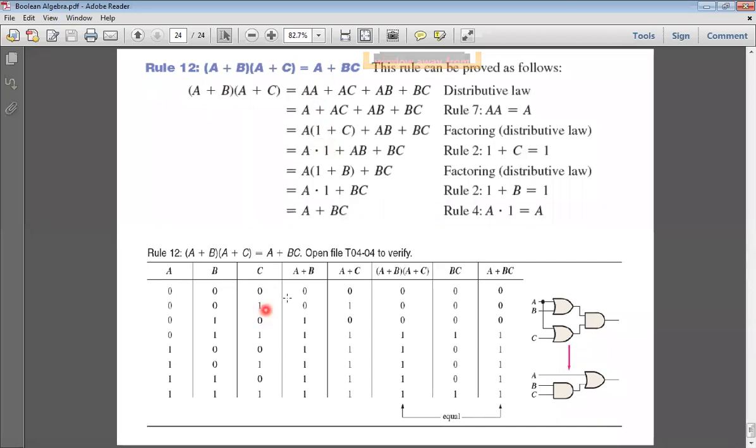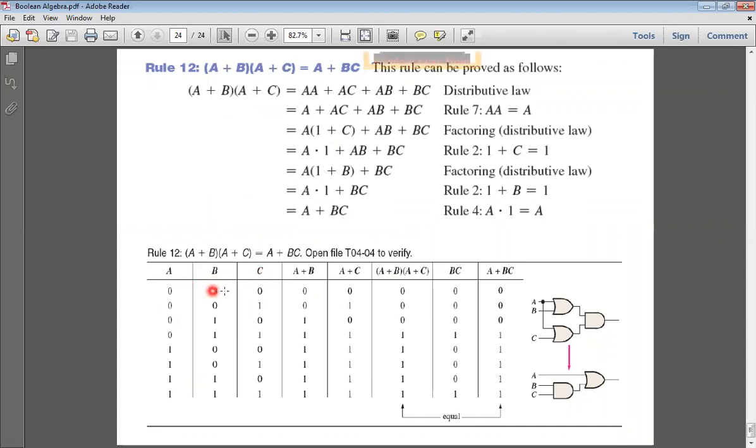Now the same thing can be proved like this. The left hand side. See what are the variables we have used? A, B, write down AB here. And also see, if you look at this expression, we have used 3 variables. And for 3 variables, what are the combinations? 8 combinations. 0, 0, 0, 0, 0, 1, 0, 1, 0, like that. We have used all the combinations here. Then only we can say we have proved it. Otherwise, if you use only one combination and verify left hand side and right hand side, it is not the proof.